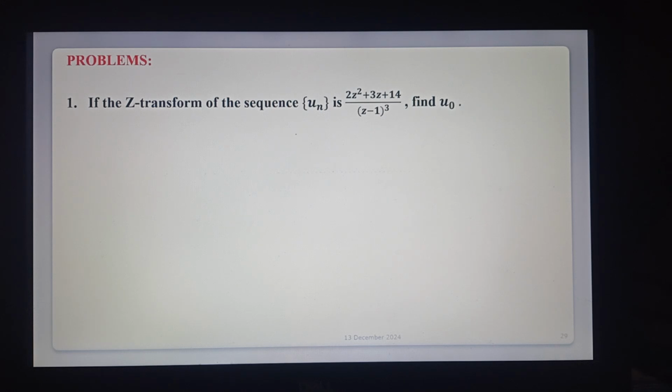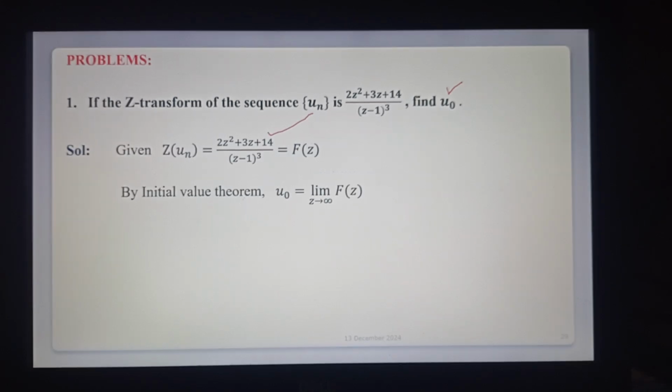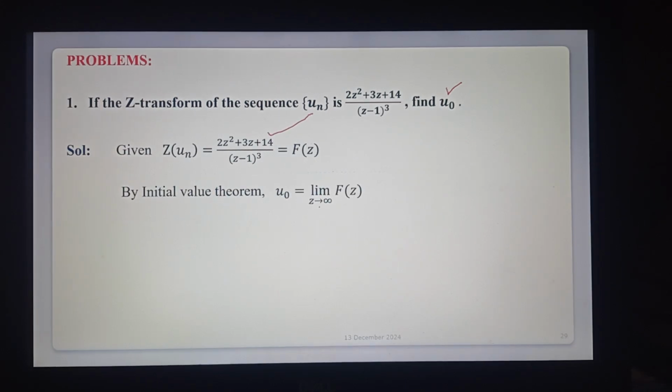Yeah, see the first example here. If the z transform of the sequence un is (2z square plus 3z plus 14) by (z minus 1) whole cube, now find u naught. U naught means using the initial value theorem. So given z transform of un is equal to f of z. By the initial value theorem, u naught is equal to limit z tends to infinity f of z. Substituting the given f of z,